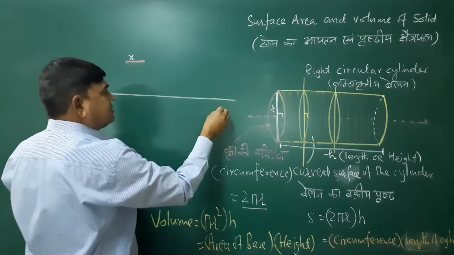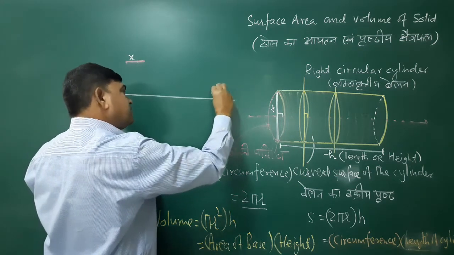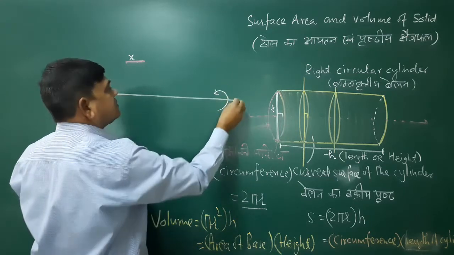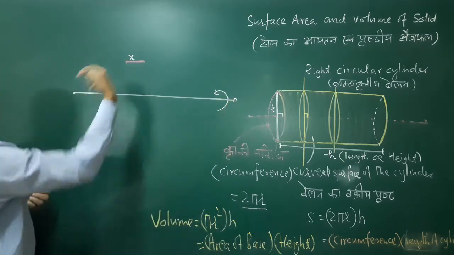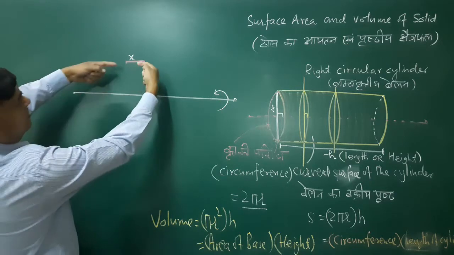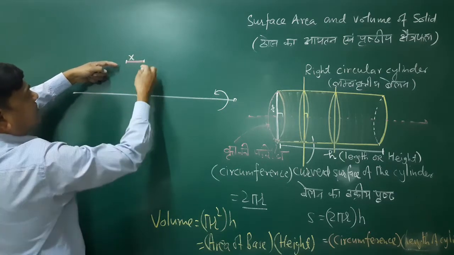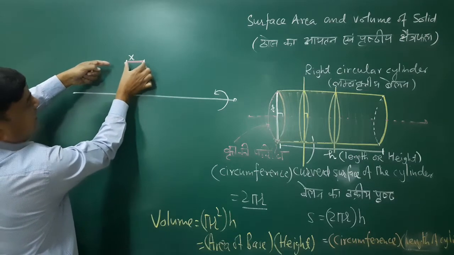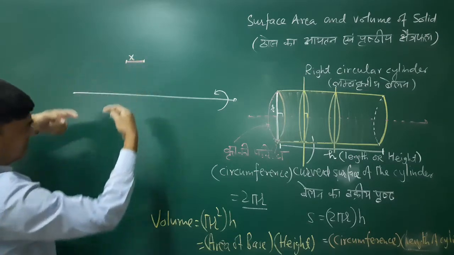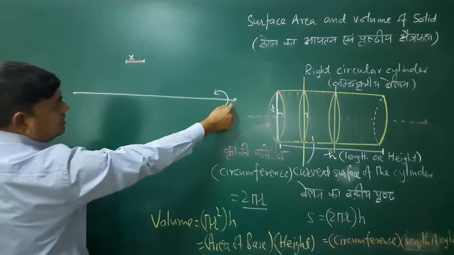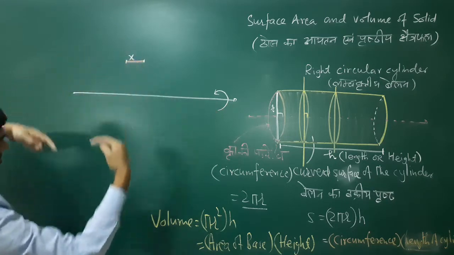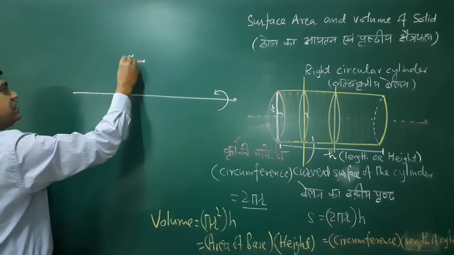If this revolves above this line, means this strip, this length line segment is revolving about this line 360 degree, just like this,